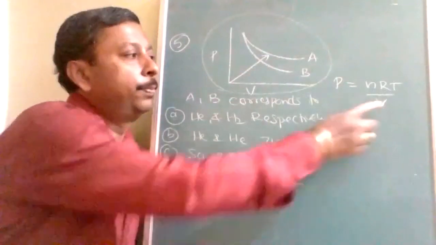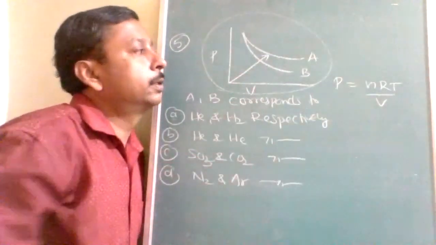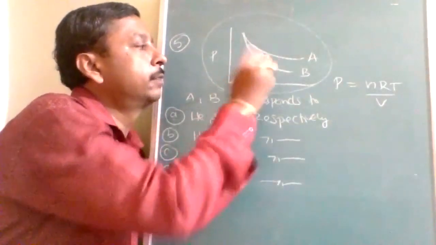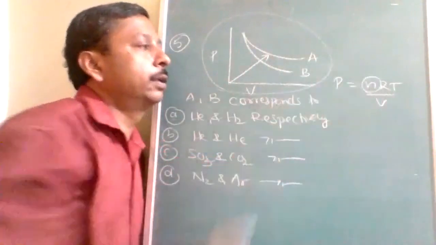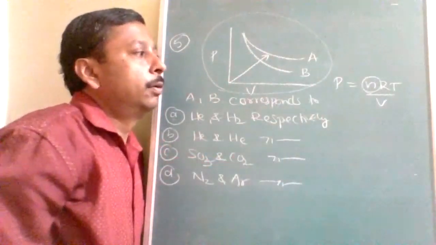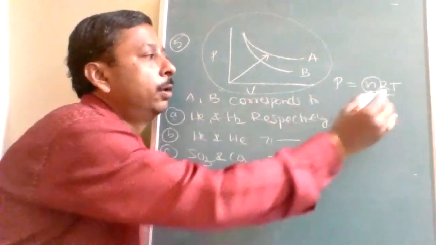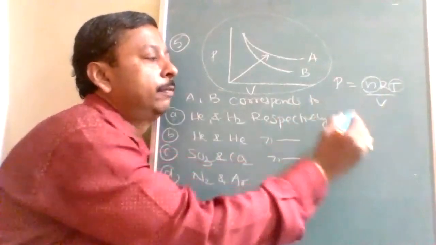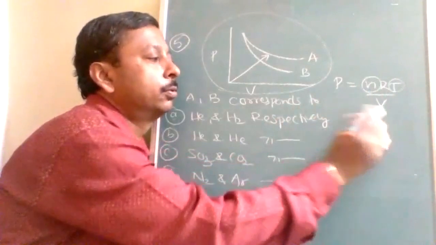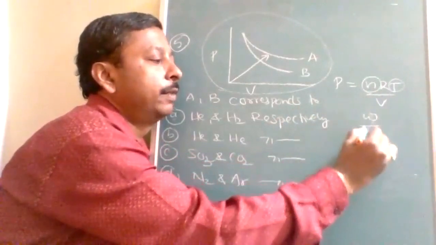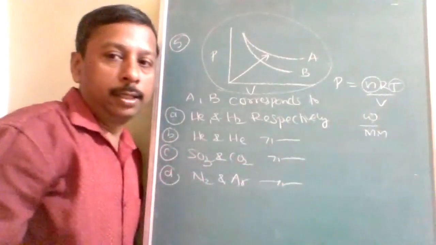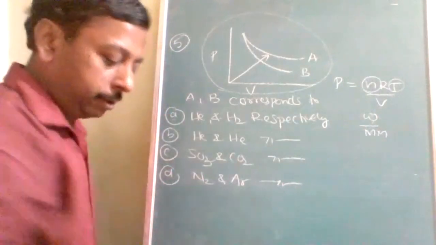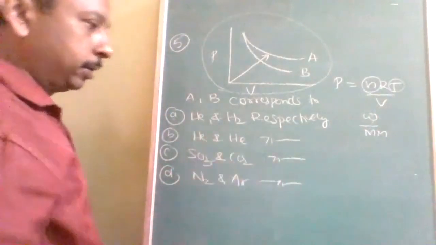Understood? So during the change of pressure and volume, what will be changing? Temperature will be fixed, R will be fixed, and the number of moles also. Only thing, mass will be fixed. Molecular mass is the deciding factor. Okay. So according to this molecular mass,